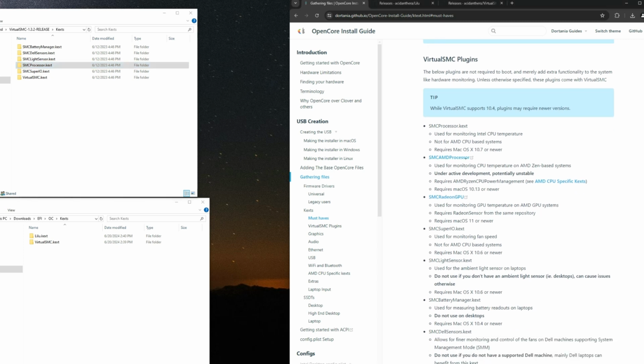Next, we have SMCAMDProcessor, which is used for monitoring CPU temperature on AMD-based systems, but it requires AMDRyzenCPUPowerManagement. So if we are getting SMCAMDProcessor, we also need AMDRyzenCPUPowerManagement. So if you want to monitor the CPU temperature on your AMD machine, then you should definitely get this. So I'm going to copy it, SMCAMDProcessor, but it is not among our list of Kext here, so we have to download it. So let's open that in a new tab,